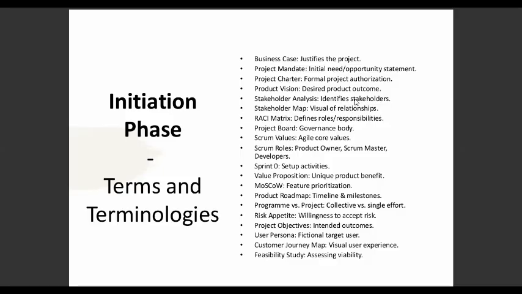For products, for projects and programs as a concept, of course, programs are sets of projects where project is just a single effort. Where you have program we are talking about collections of projects. We have what we call risk appetite as well. Risk appetite in project management is just your willingness to accept risk or not to accept risk. So your risk appetite, the level of the risk appetite, determines how much risk you can take.